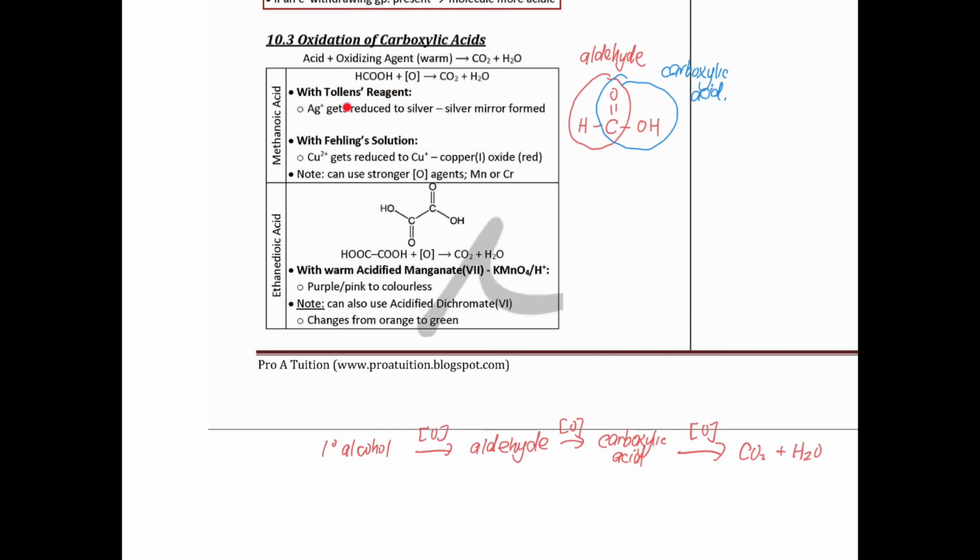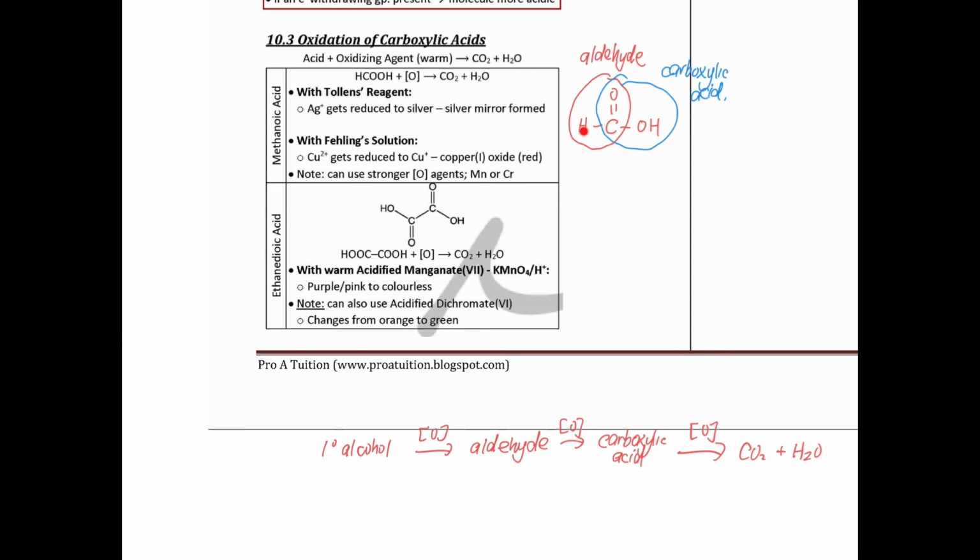Tollens reagent is the silver ion, silver ion in ammonia. So silver ions get reduced and a silver mirror is formed. Imagine it's supposed to form COOH on the left also. So if you have COOH on the left and on the right, then it's not stable, then they break down to CO2 and H2O. Okay, with Fehling solution, Cu2+ gets reduced to Cu+, and then